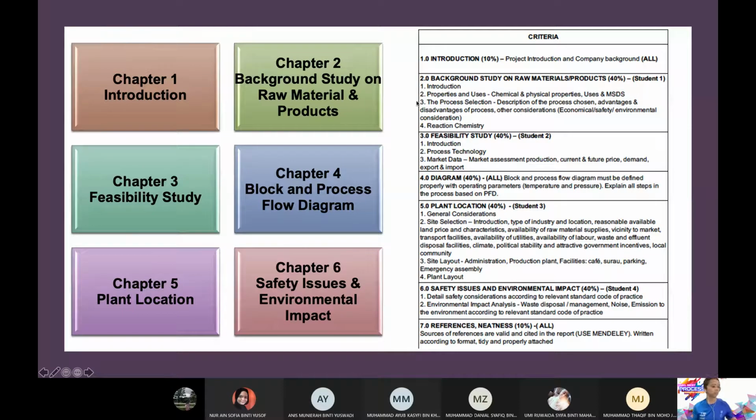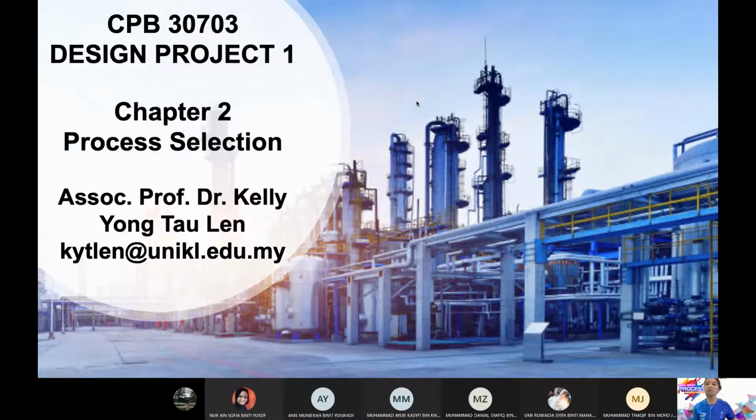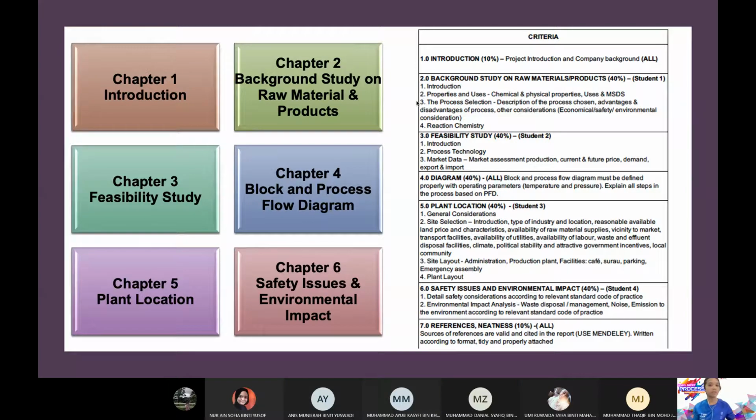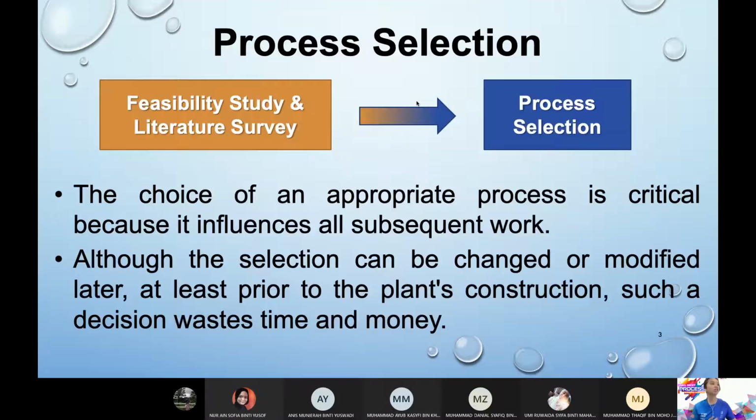Okay, so next one is kita nak buat process selection. Tadi saya discuss sikit pasal process selection, right? Now I discuss a bit more further about process selection. How do you decide on the process? Okay, so kamu list dulu proses dia, nanti kemudian bila kita bincang, kita akan go through again this consideration.